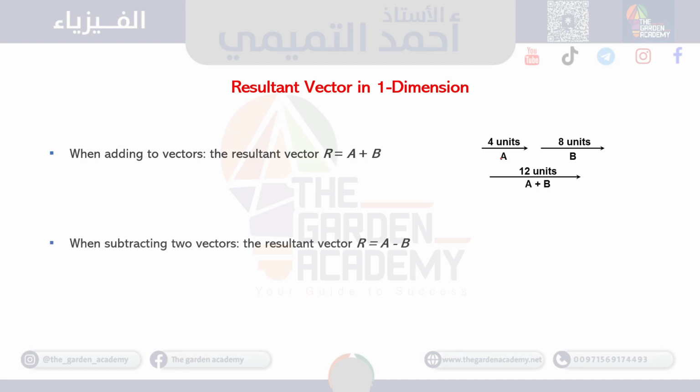But if we want to subtract, when subtracting two vectors, the resultant vector R equals A minus B. In that case, we flip the direction of B. So, for example, if we have 4 units and we have here 6 units, as you can see, the 4 units is to the right and the 6 units is to the left. Since both are in the opposite direction, we have to subtract and we take the sign of the